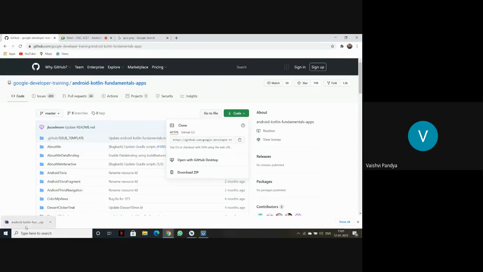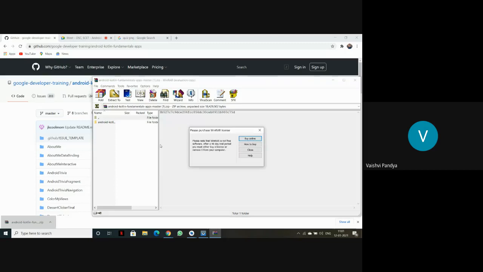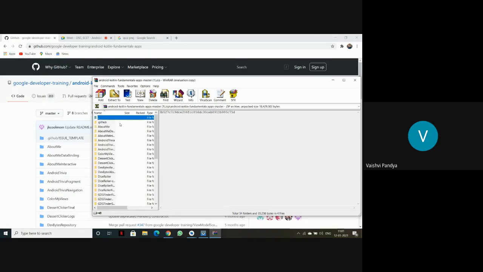As you can see, our file has been downloaded. We'll just open it. Here we have two options. Now in the second, we'll just open it. And as you can see, you have all the files that you need for the code. Now we'll again go back.